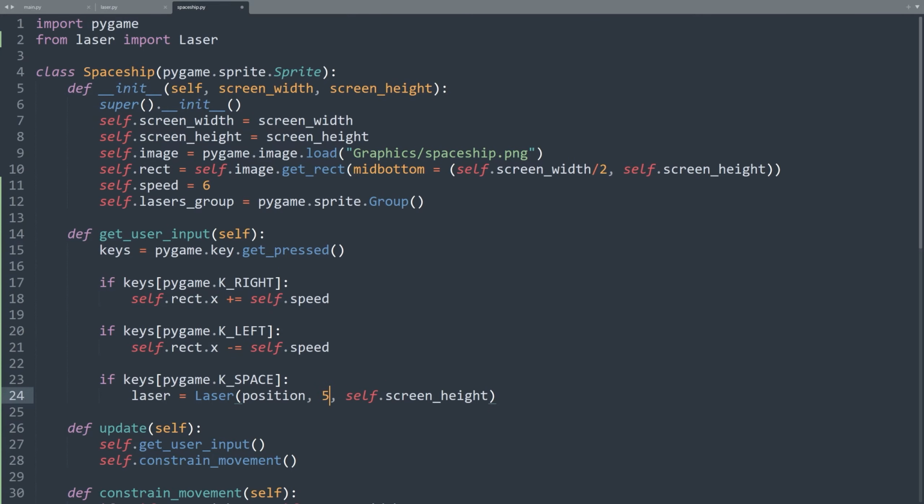Let's enter 5 for speed, and now let's calculate where we want to position the laser beam when it is created. We want it to spawn at the center of the spaceship position, so we just have to provide that position to the laser class, self.rect.center. A new laser beam has been created. Let's add it to the lasers group,